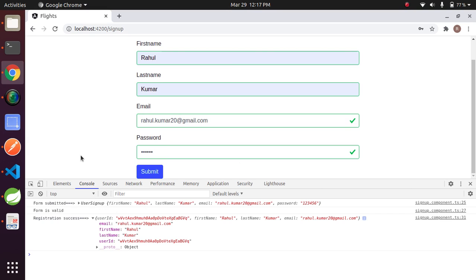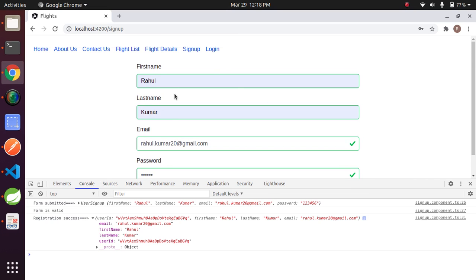In some projects, after the sign up they directly log in to the system. This is basic, totally dependent on the application need, but in our case I will show you separately how to do registration and how to do login, correct? So our sign up is successful. Let's move on to the login part.